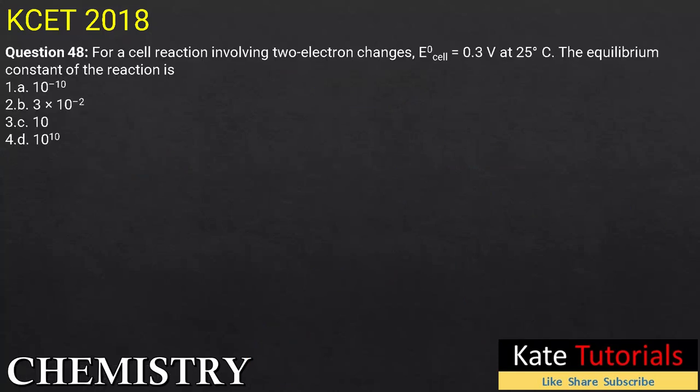Coming to question 48. For a cell reaction involving two electron changes, E naught of cell is given as 0.3 volt at 25 degrees Celsius. Temperature is also very important. The equilibrium constant of the reaction is, what? You have studied in the chapter electrochemistry the Nernst equation. In the Nernst equation, E of cell is nothing but E naught of cell,